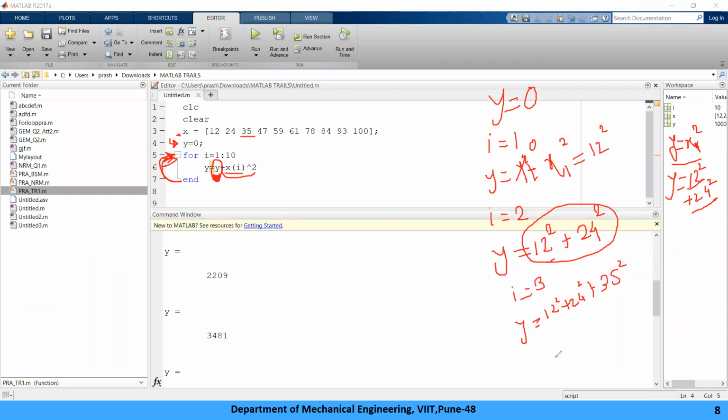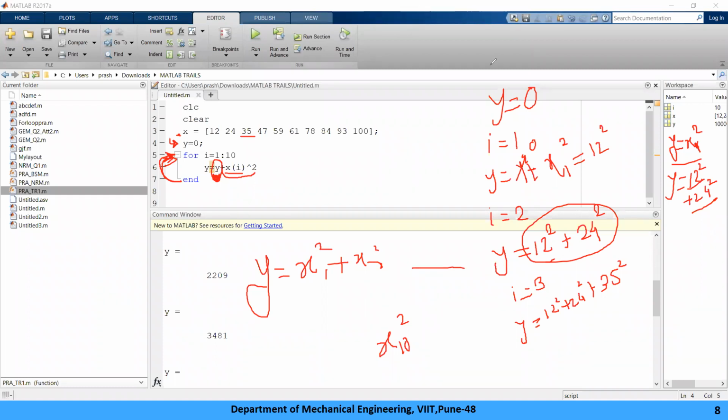Okay, and it will continue like this. At the end you will have only one value of y, which is nothing but all x square. So x1 का square, x2 का square up to x10 का square, सबका वो समेशन देगा.